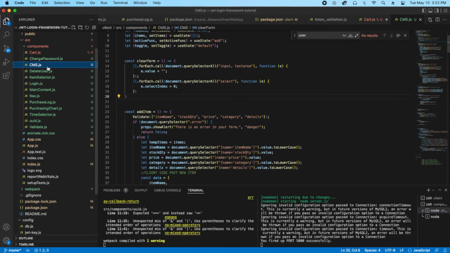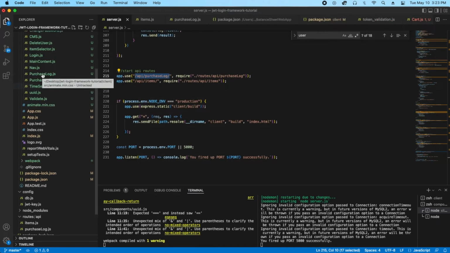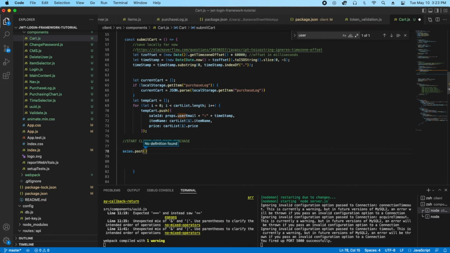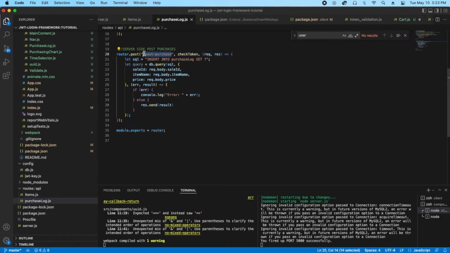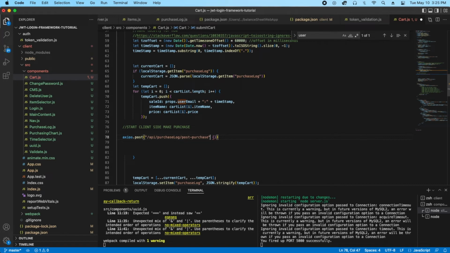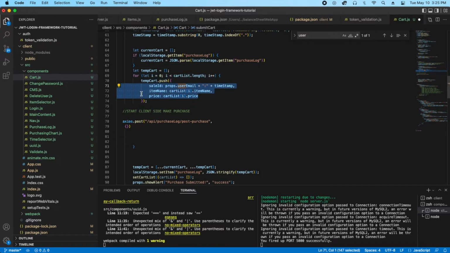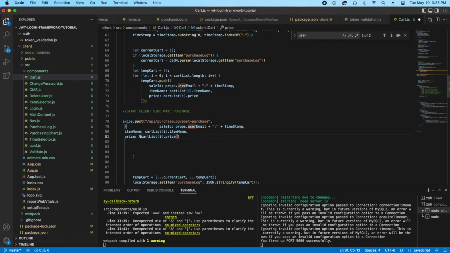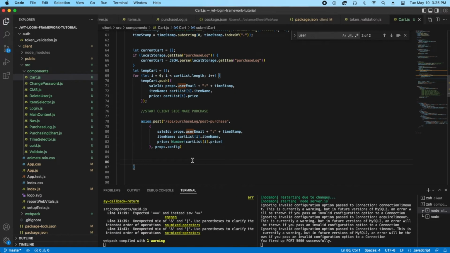Okay, here on our cart, we're going to need to go ahead and make a purchase. This is where our purchase log comes together and gets its data from. We want to make sure, just like all of them, the path is identical. All right, so we've got